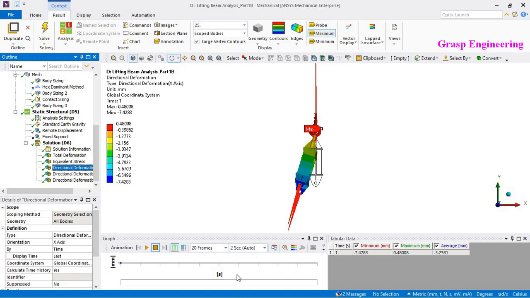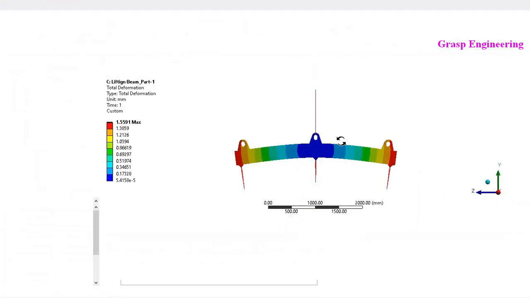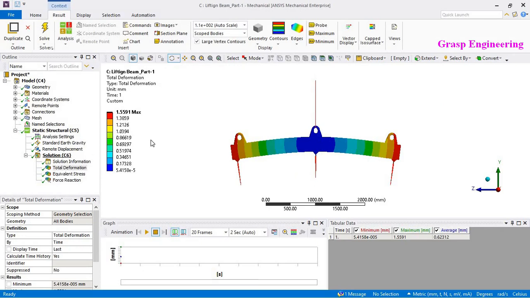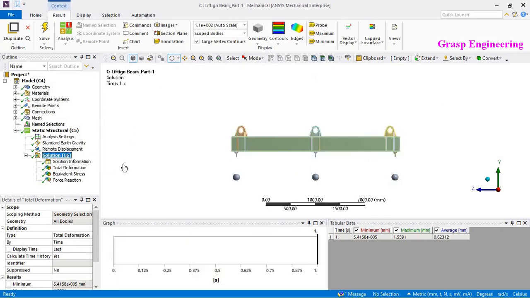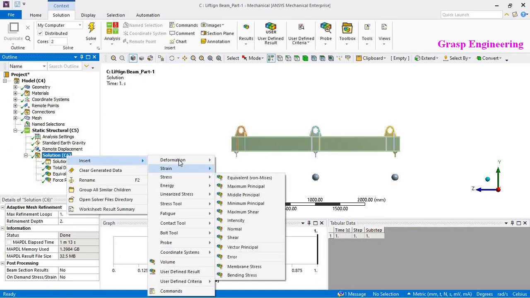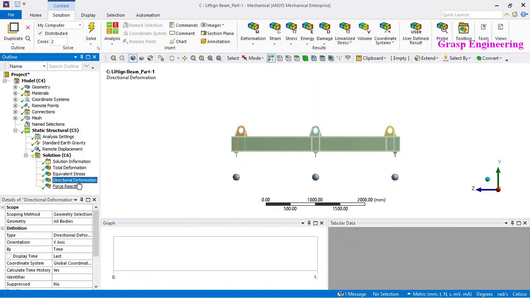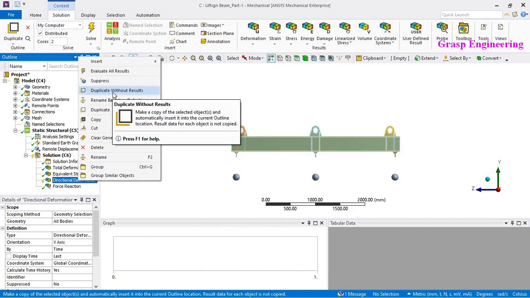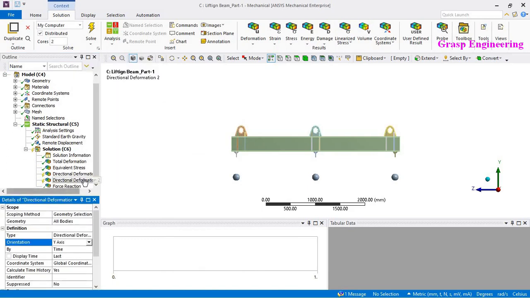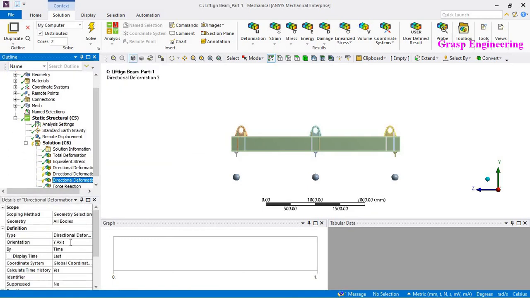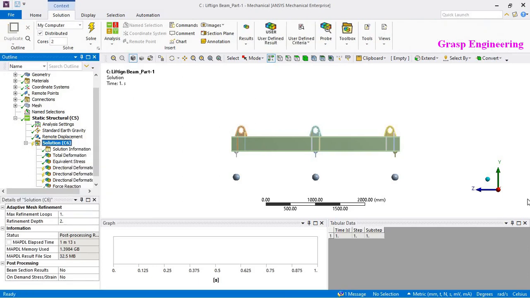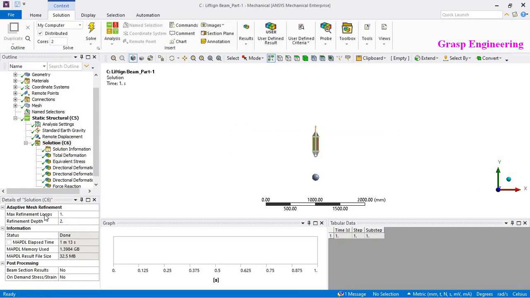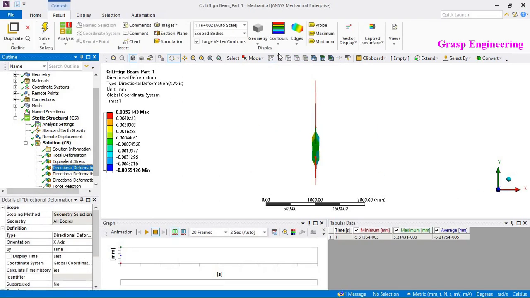Now if you compare with our last results, the total deformation is 1.55, and in the present case it is 8 point something.